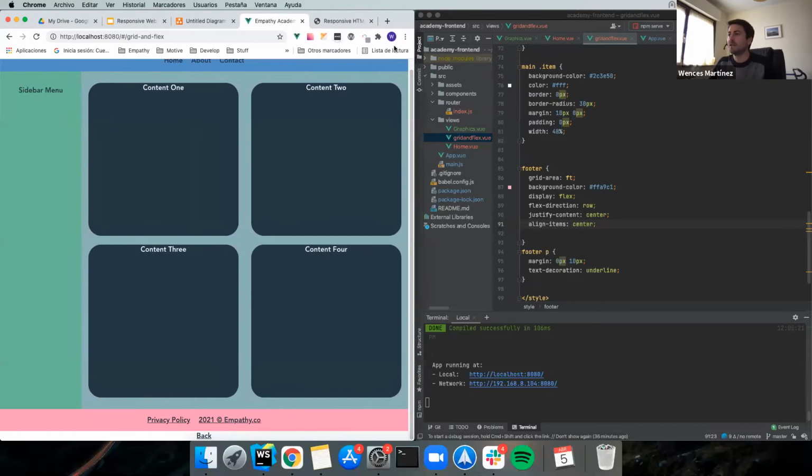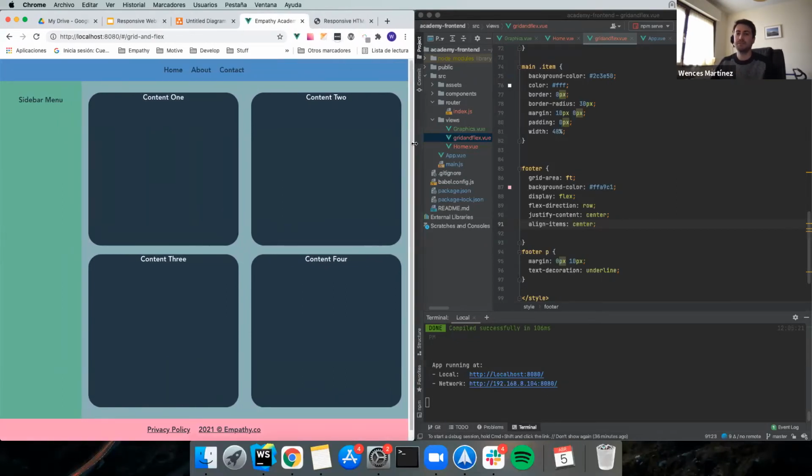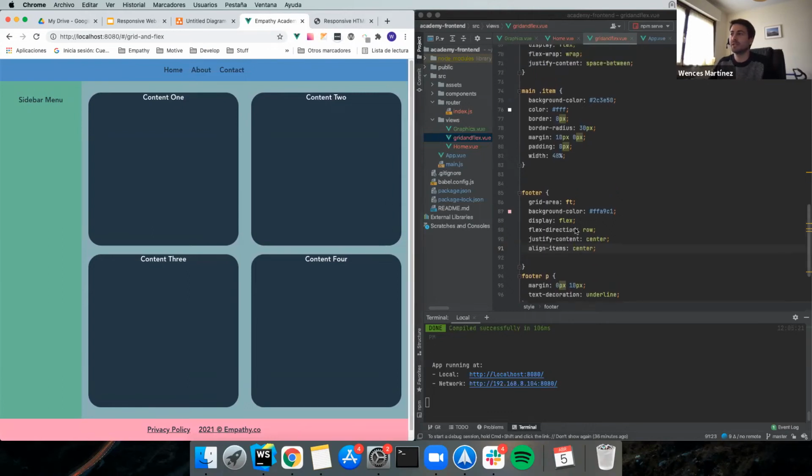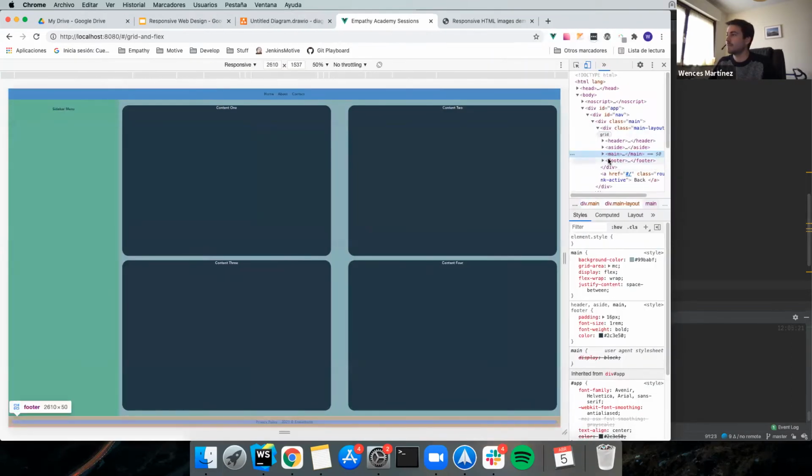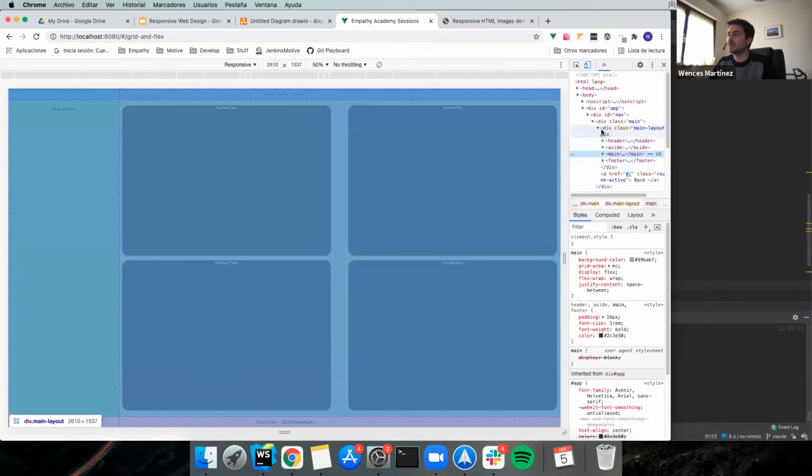So grid, you can use it for the main layout. So as you can see, if I inspect this code in the main layout, you can see the dotted lines that has every element. So it's basically the design that we first thought about. You can use grid for the main layout design, and then you can use flex to align every item, every inner content, or every inner section of your application,